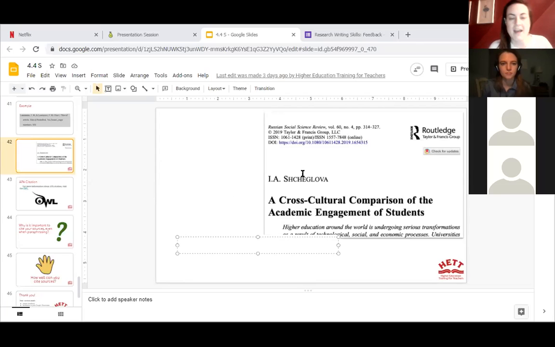Okay, so we have the last name, which looks to be Shchelglova, and then comma, first name. We don't have it, but you can see the initials, I, period, A, period. There's only one name, so we don't need to include both names.